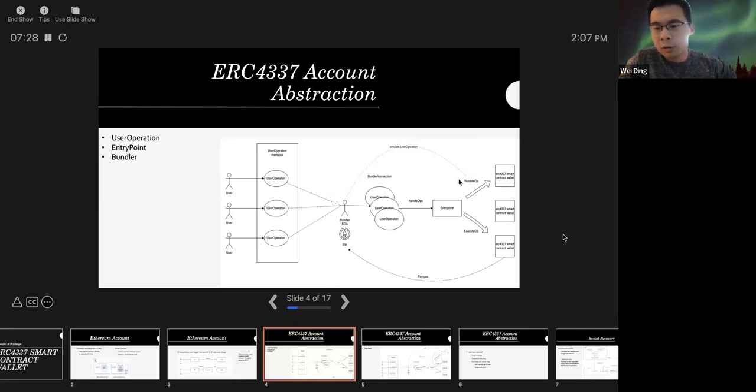Validate user op is for the entry point to keep track of the maximum potential operations that the contract could possibly use. When the bundler picks a user operation, it will simulate this validate user op. If the validation passes, the bundler knows their work is worthwhile, and they can pick the user operation.